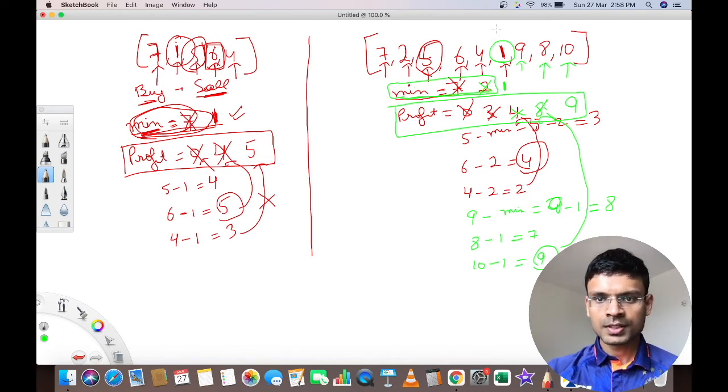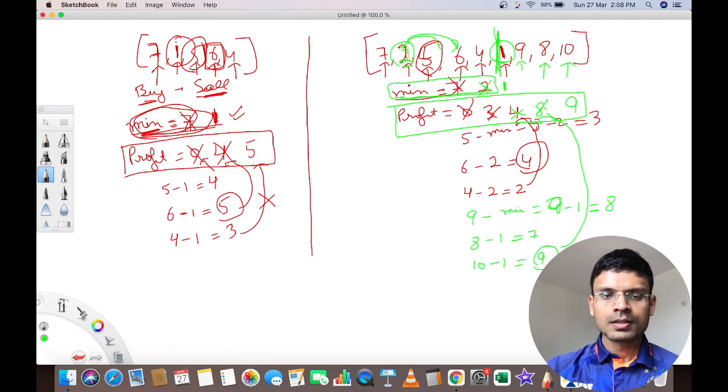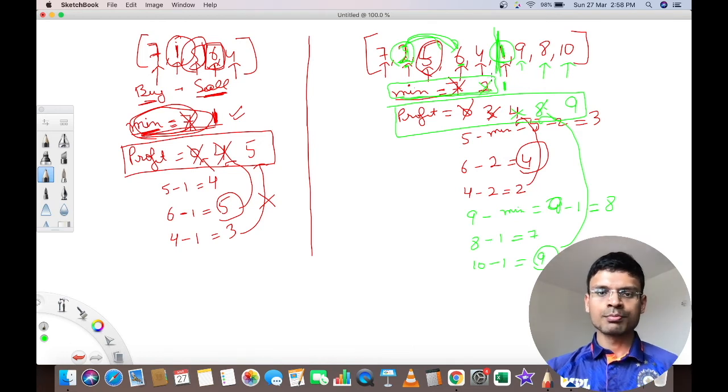So as we can observe, till the point we have reached here, the maximum profit was 2 minus 6, right? So we could have bought at a price when the stock price was 2 and sold at a price when the stock price was 6. So the profit was 4 earlier,